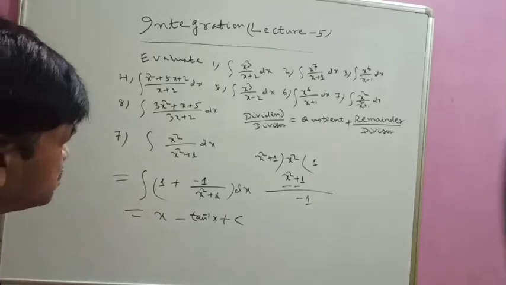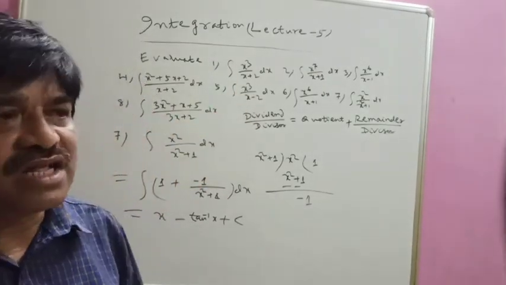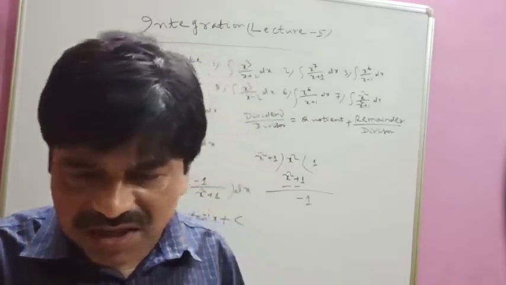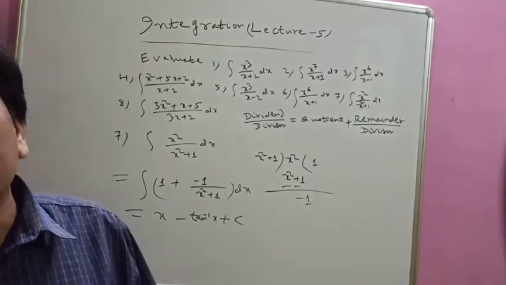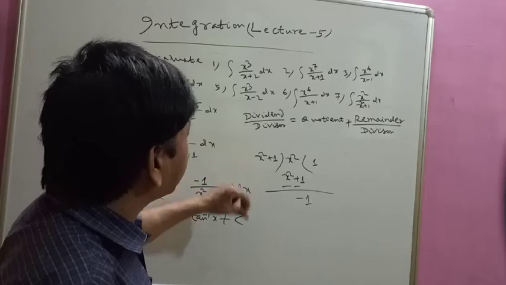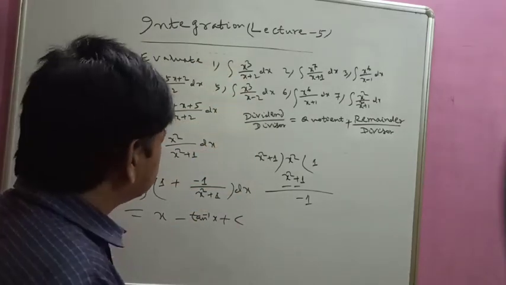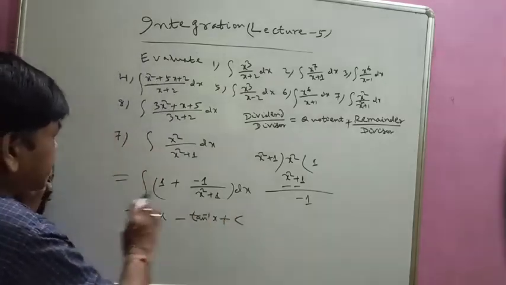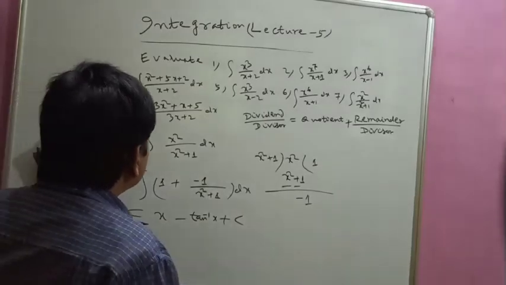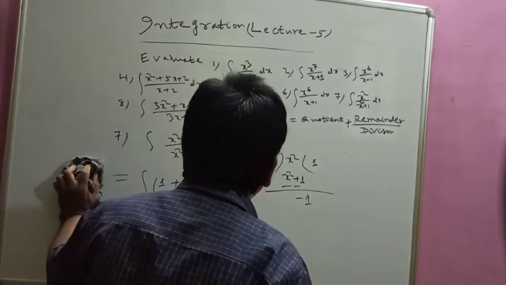You can also solve this by another method. This is the common trick to remember: if the degree of the numerator is greater than or equal to the degree of the denominator, then divide the numerator by the denominator and continue the division till the degree of the remainder is less than the degree of the divisor. After that you write dividend by divisor, quotient plus remainder by divisor. This is a common technique, but you can also do it by other methods. You can factorize and solve. But this technique is common. Sometimes factorization is not possible, so this is the unique method. This question we can solve by another method, I am telling you, but remember this common method.